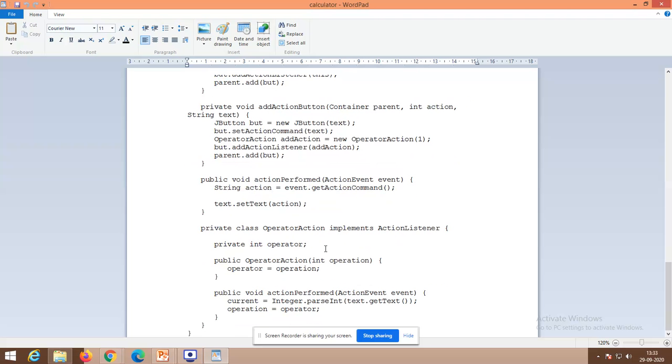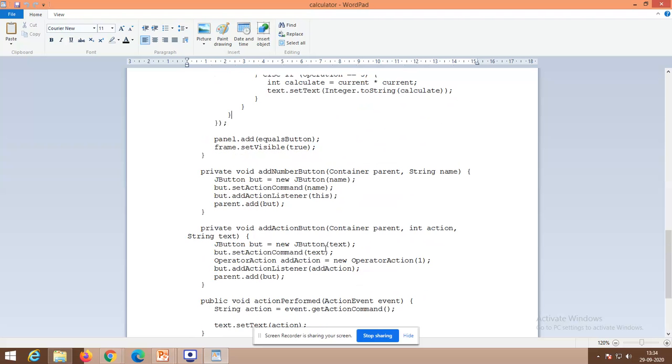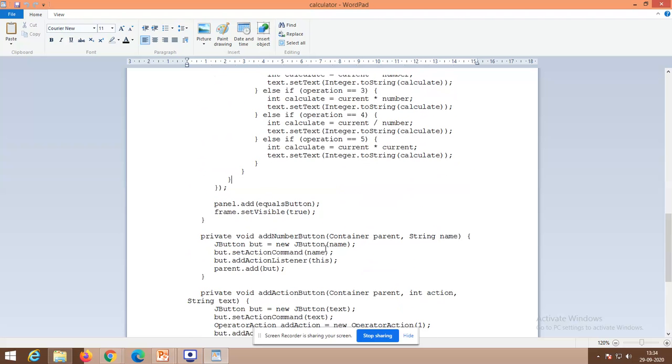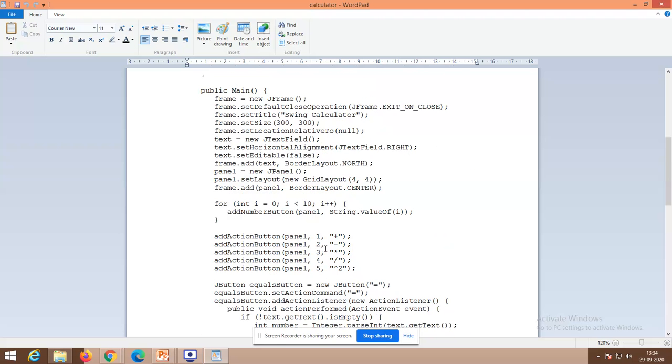Here they have written the corresponding code for the operations as well as the numbers. So this simple calculator can be extended for your corresponding content.